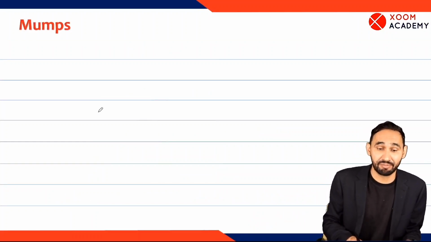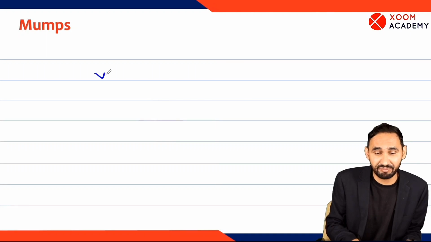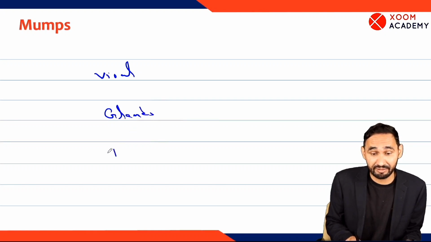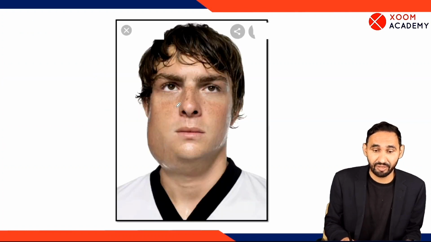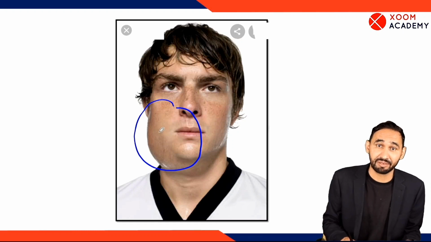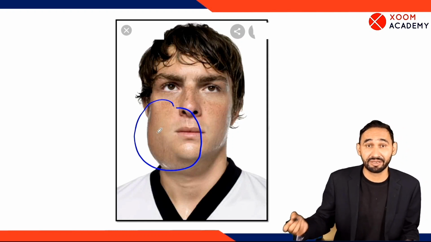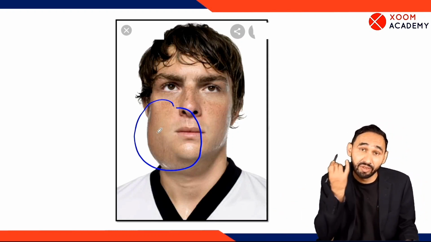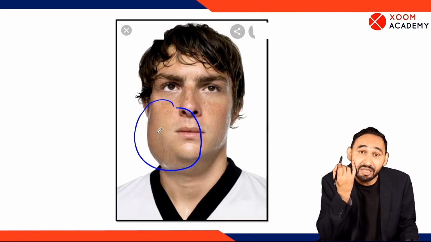Then we will discuss mumps. Mumps is also a viral disease, but it affects glands. It affects parotid gland. As you can see, there is swelling of parotid gland in mumps. Mumps occurs in children of 10 to 15 years, or we can say it is predominant in children of 10 to 15 years. There is swelling of parotid glands, so there is difficulty in opening the mouth.